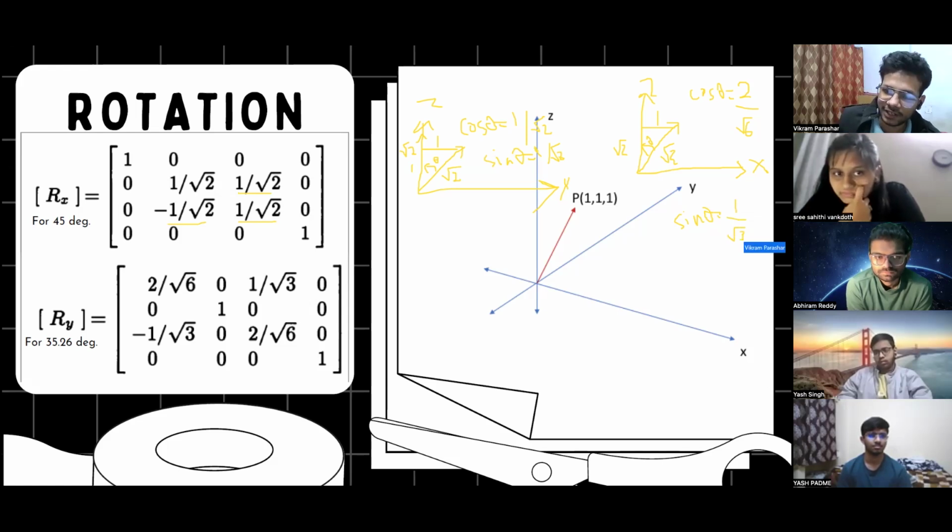These values are for theta 35.26 degrees. So if we rotate in y-axis by 35.26 degrees, the normal vector starts to face the positive z